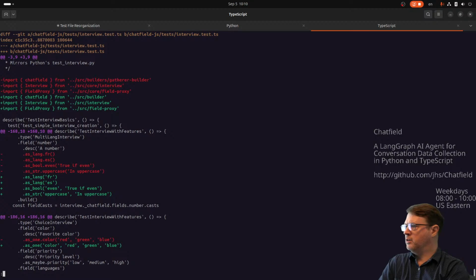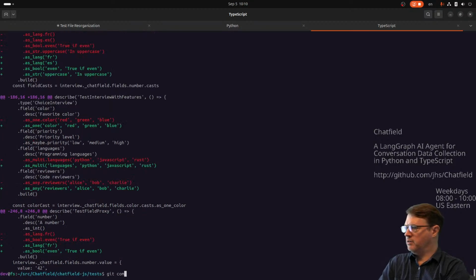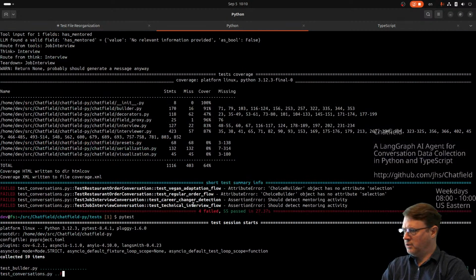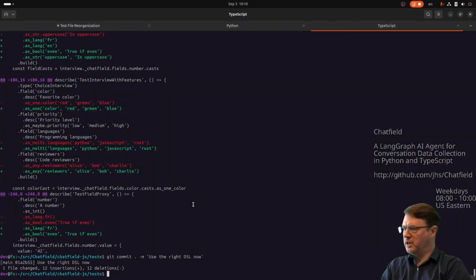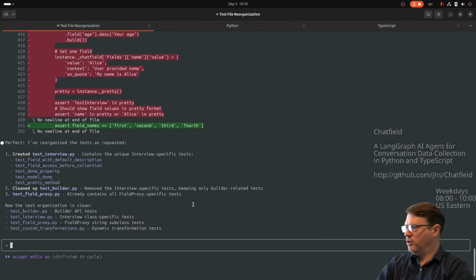What's happening here? Oh, okay. Like DSL now, whatever. Okay, a fail. This is improving. Python's improving. TypeScript's improving. I want to make Claude Code go and roll in these changes to, okay,